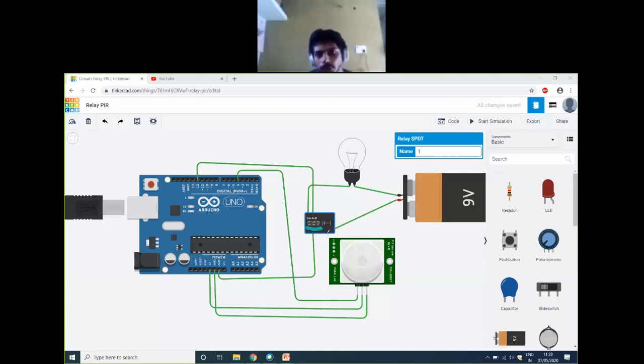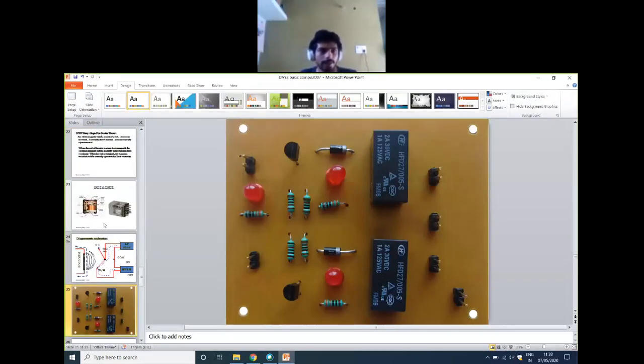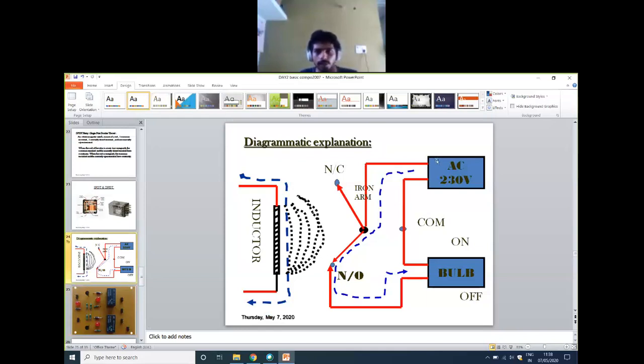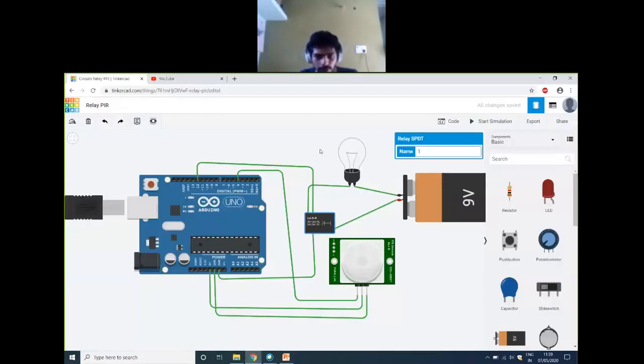And you need to know the pins to connect. If you observe here, you have terminal 1 and terminal 12. Hope you are able to see this. This is the common pin. You made one connection in the slide, this one. So this common pin, COM, is the connection of this terminal 12 with the battery.